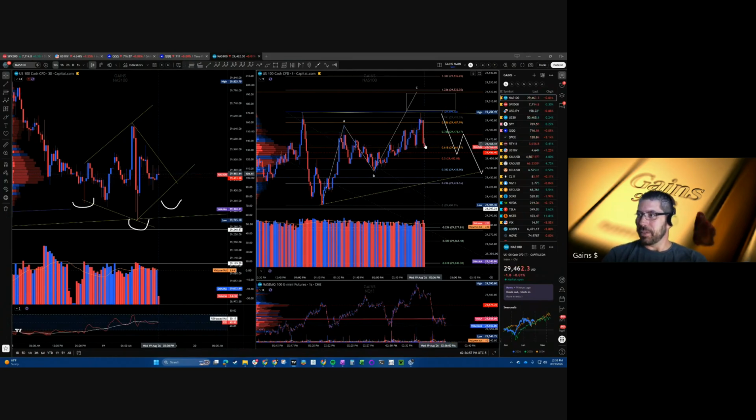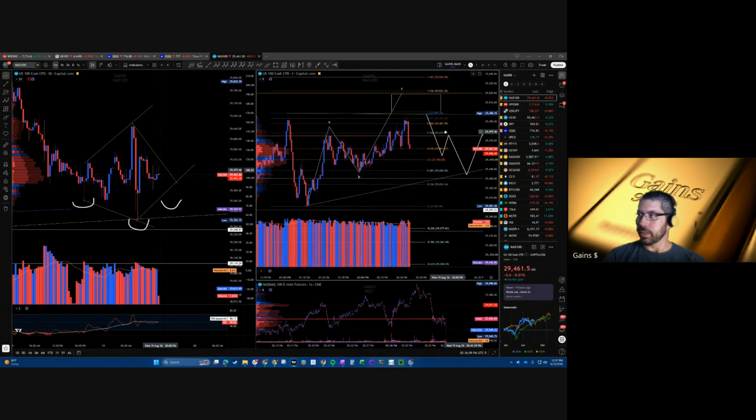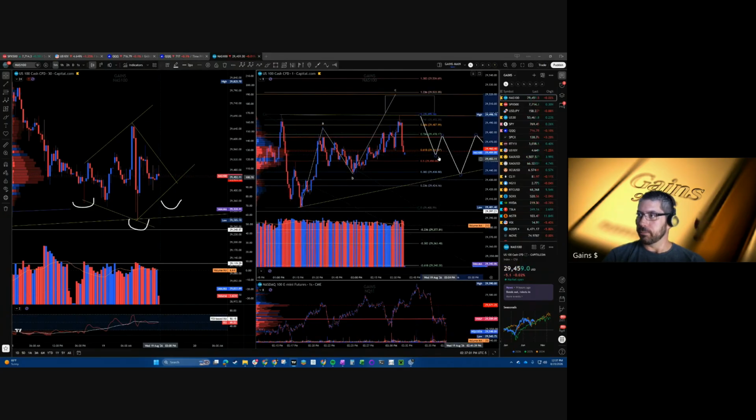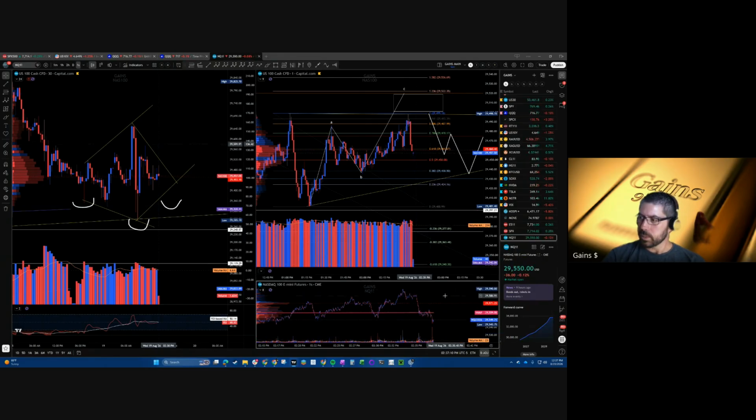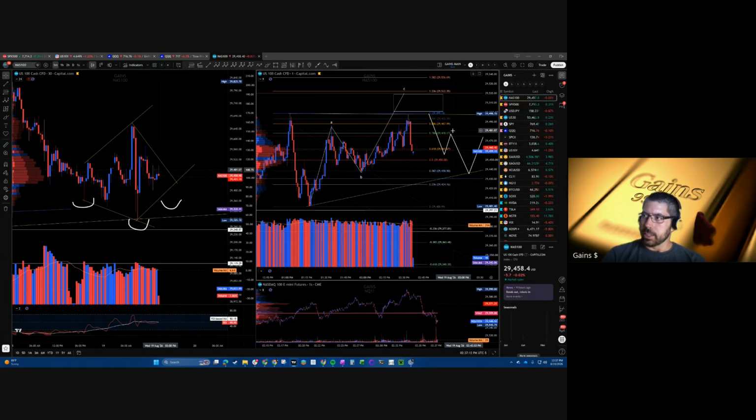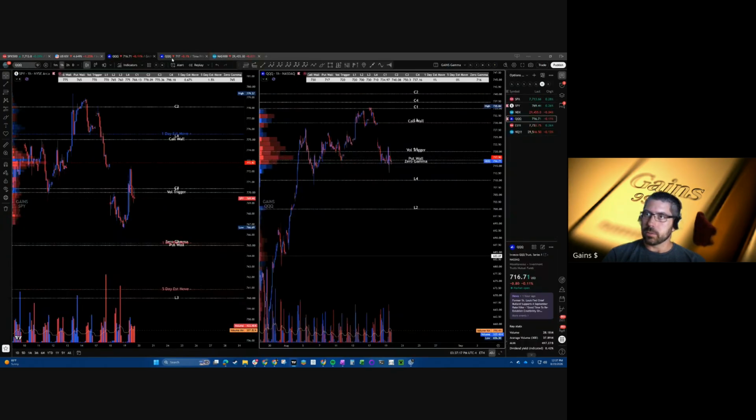But if you're getting crushed here right now, you're looking for this part. You're looking for the B wave in order for you to either cost average, or just essentially exit. So you want to try to gauge this. So let's go to